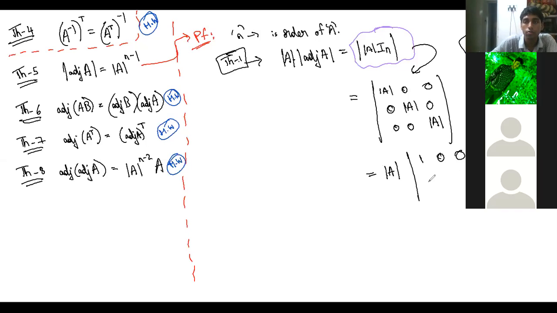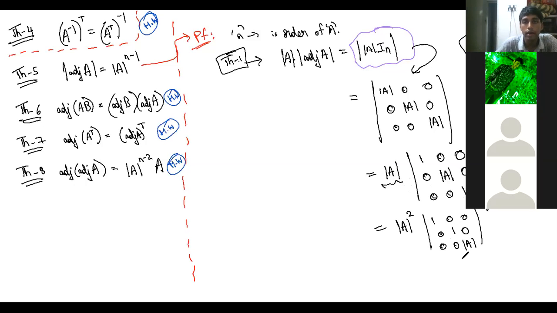Can you tell me what is the next row? Please tell me. Sir, 1, 0. No. That is the whole point. And of A. See, in determinant, you cannot take an element out of the entire matrix. You can only take it out of one column or one row at a time. Now, if you want to take this out, you have to take it out again separately. Now you can write this as 0, 0, 0, 1, 0, 0, 0, det A.